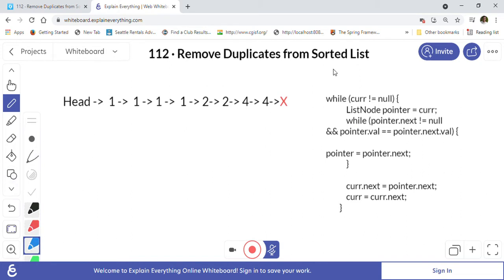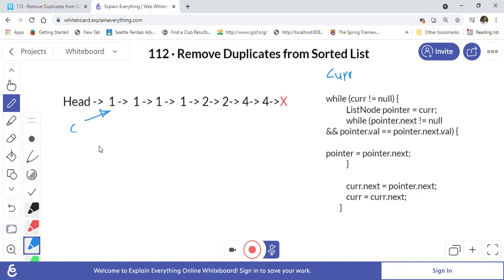So we will take one cur pointer, like a current pointer, and it will point to our list head, right? Like this element, the current pointer will point first. So this is our current pointer, this is our list, and as you can see there are four ones and two twos and two fours, right? And this is null basically. So as the problem statement says, we have to remove all the duplicates. Which means that we have to remove these three ones, they are duplicates, right? Then this 2 is a duplicate, then this 4 is a duplicate, because there is already a 4 and there is already a 2, so we have to remove them from the list.